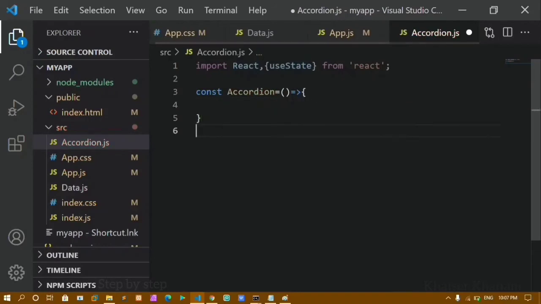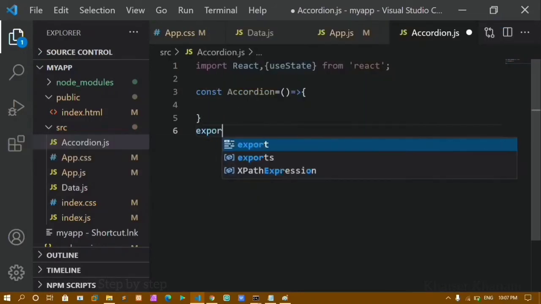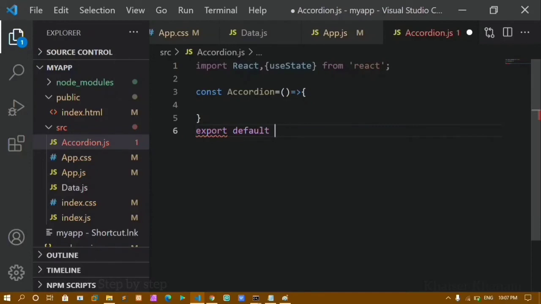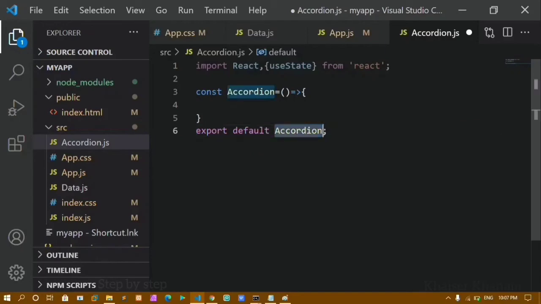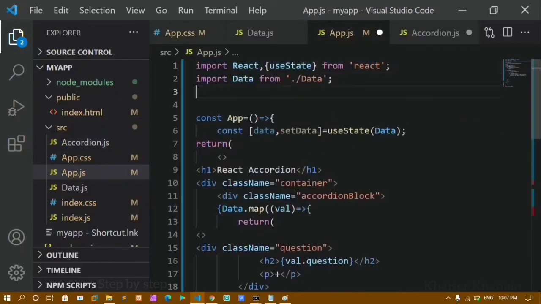Okay, here I'll just export that. Export default accordion. I'll just copy this, and inside app.js I'm going to import that one. Import accordion from this file.